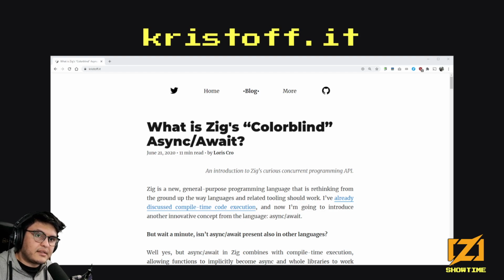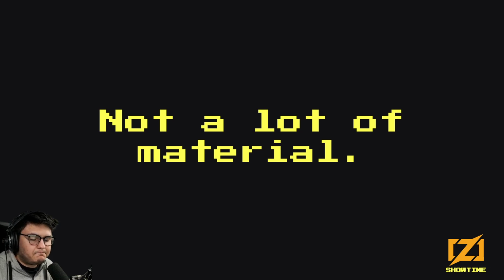They're not prominent in this explanation, and I would bet that I didn't even mention them because my point was, again, just to explain the new feature, the new stuff that Zig brings to the table. But again, this is not enough if you need a full introduction. Now, this is not a lot of material.